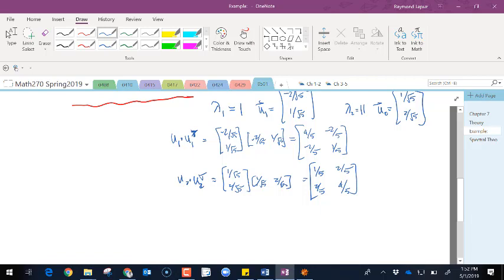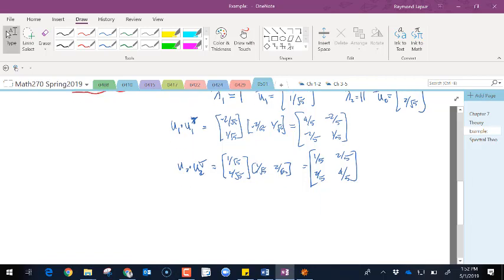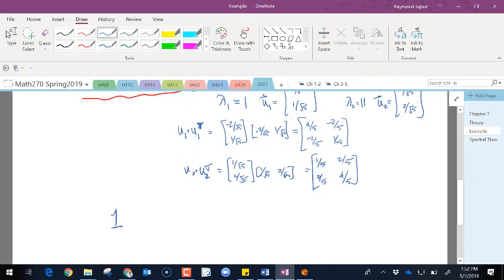So what they're saying is that if you take your first eigenvalue and multiply it with this new matrix that we found, 4/5, minus 2/5, minus 2/5, and 1/5, and add your second eigenvalue and the second outer product,